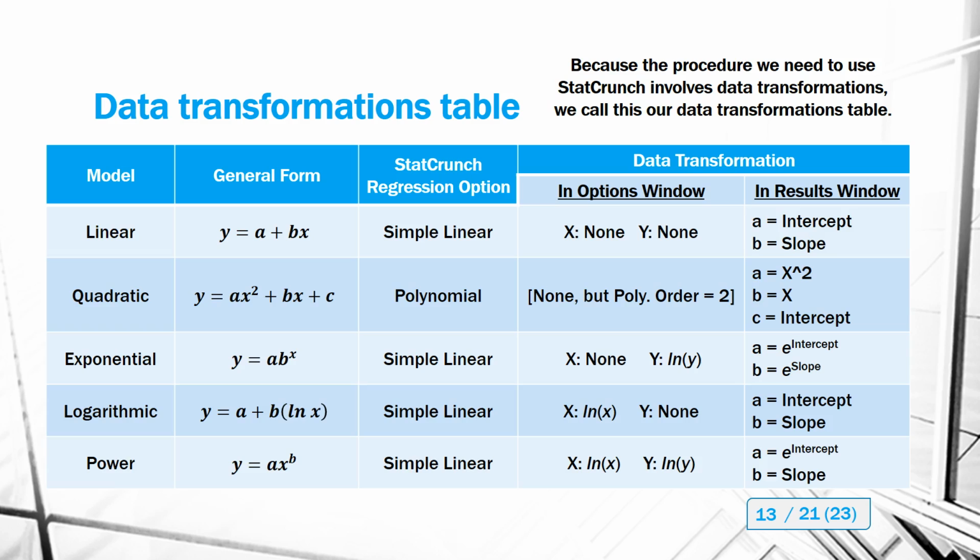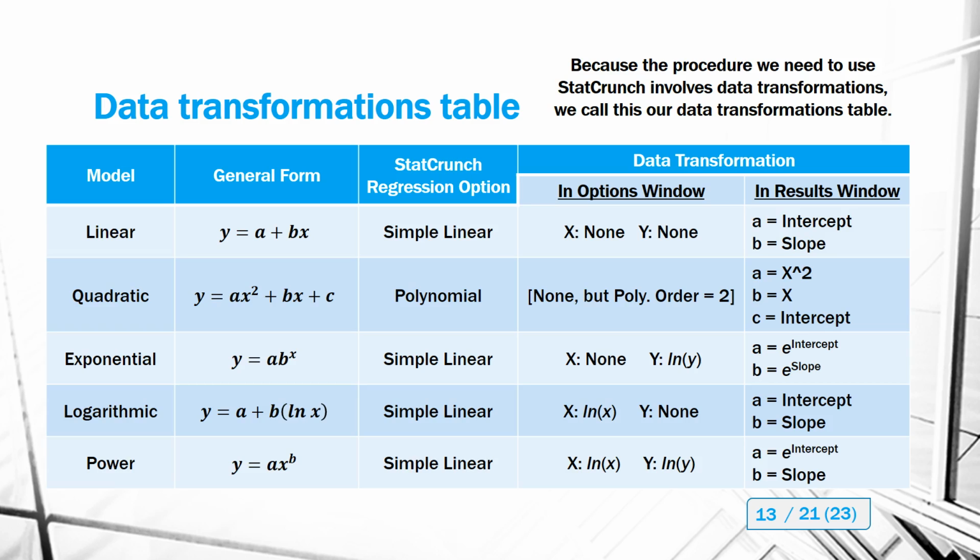Notice that we have each of the 5 model types there. So they're on the left. We have the linear, quadratic, exponential, logarithmic, and power models that we were looking at earlier. The next column lists the general form for each of these models. And then we have the regression option that we need to select in StatCrunch in order to make each one